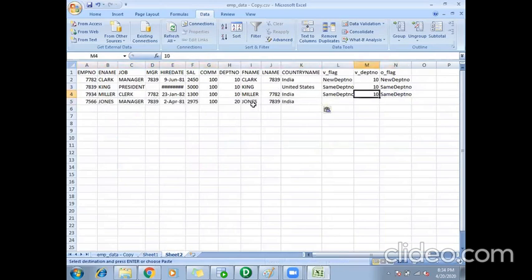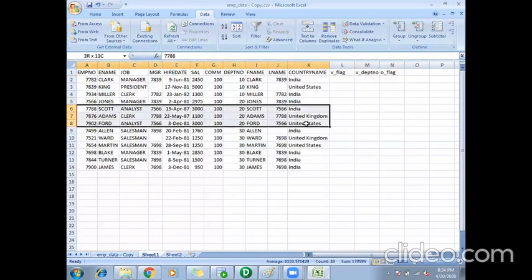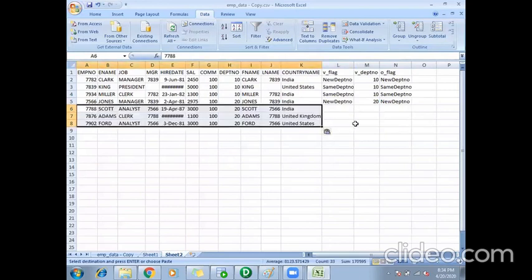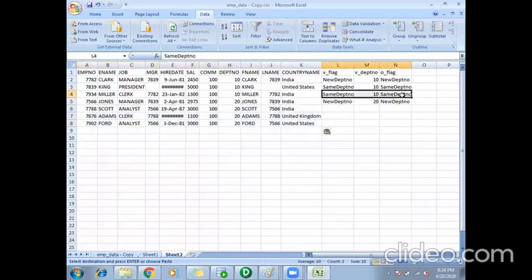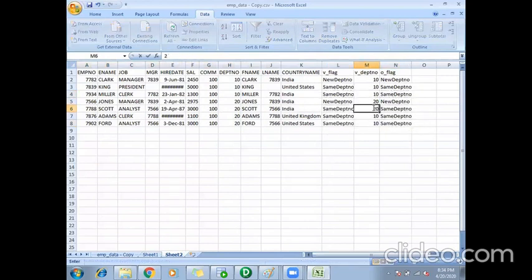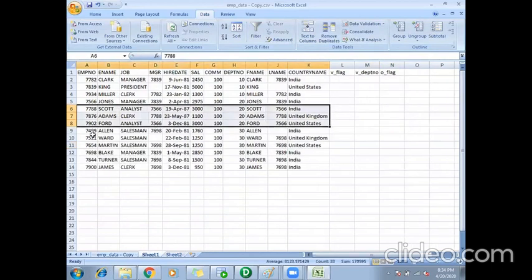The fourth record comes. V department is not equal to department. So it will be assigned with the new value now, and the department will be 20. Then all the other records with the same department number will again be processed one after the other. I'm just showing it. It will be assigned like this, because they have the same department number. Then the next set of department numbers comes, that is with 30.